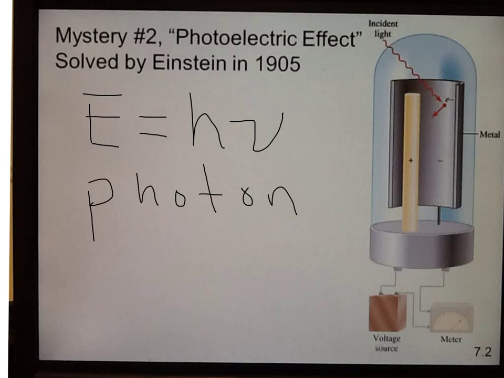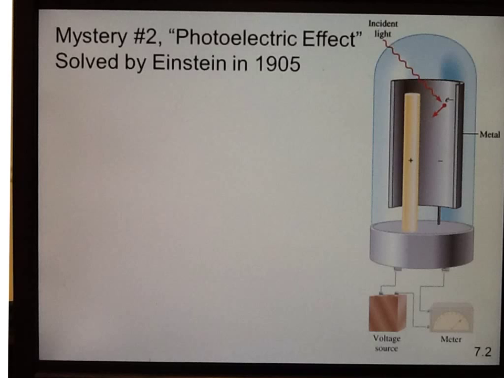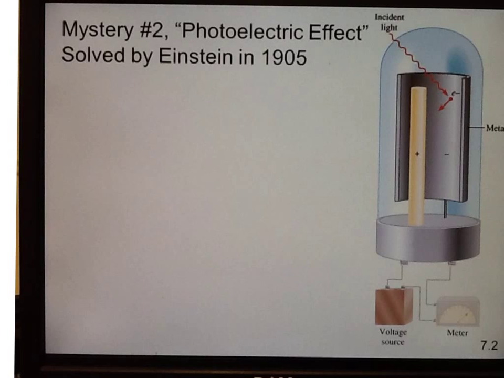So a photon is a packet of energy, a packet of light energy that propagates through space, but it also acts as a wave. So it's got that wave thing going on, but it's got the particle thing going on. It's a little packet or bundle of energy. And the energy of a photon of light is equal to h times nu. So that must mean, my friends, that h